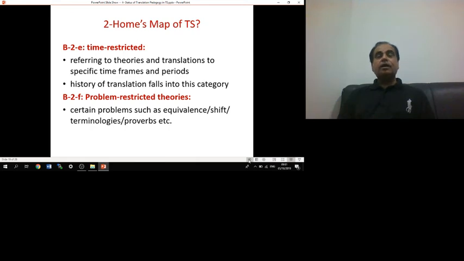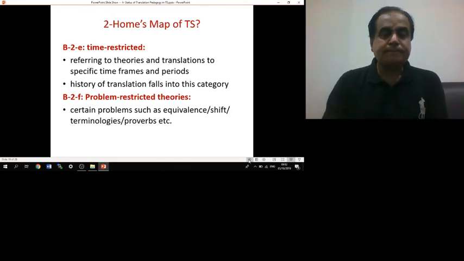So there could be, for example, the problem of translating the Arabic verb into English tenses. We have only three basic tenses in Arabic, but in English I think we have 12 basic tenses, and then they are divided into more. So the point is how to deal with the problem of translating one verb, because this is a problem. Simply three, and for three we have a greater number of tenses in English. So these are problem related translation theories.